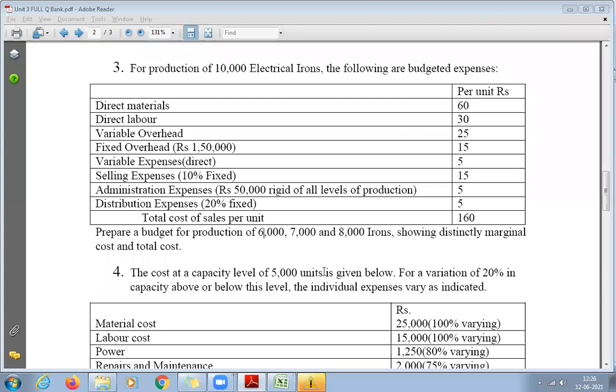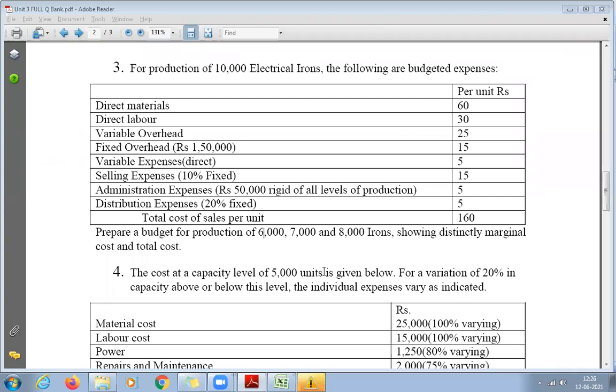Please recollect what we discussed yesterday. 1,50,000 divided by units produced. Yeah. Total will be constant here, right? We have discussed yesterday. Total of the fixed cost will not change, but per unit will change. So now we have to write reverse. Earlier, for variable cost, we were taking per unit cost and writing in all the columns and then we multiply. Now we should do reverse. Now you write total column 1,50,000 in all the outputs, and then that total column you divide by respective units. Earlier we were multiplying, now we have to divide by respective units.